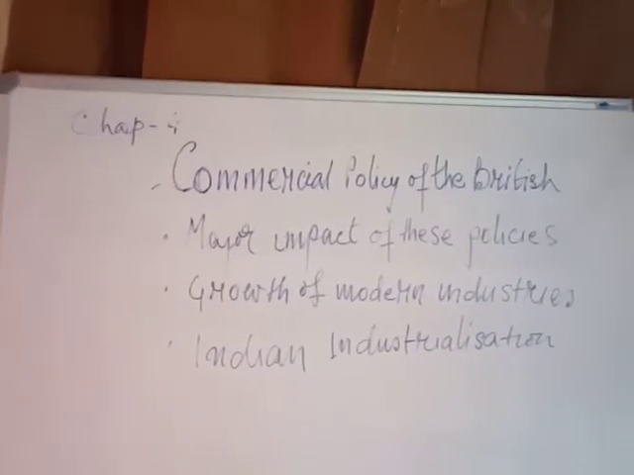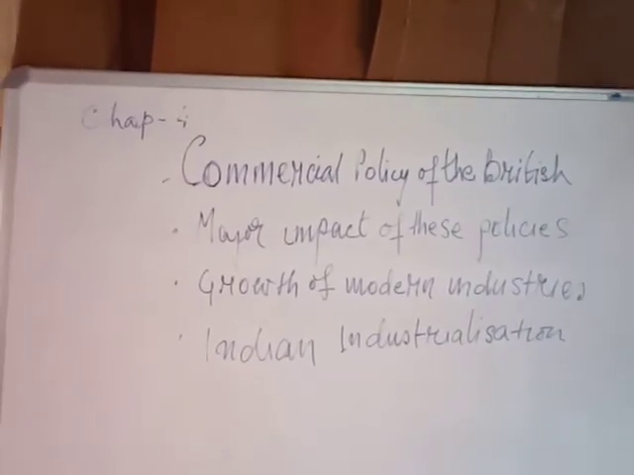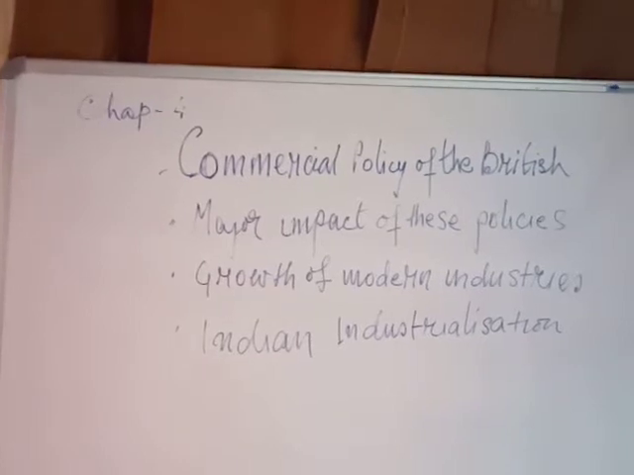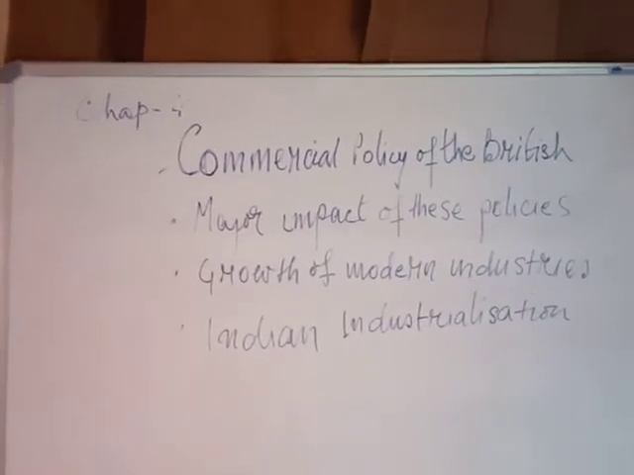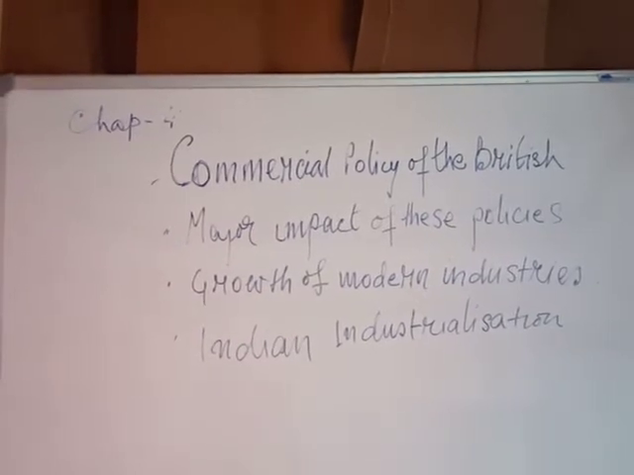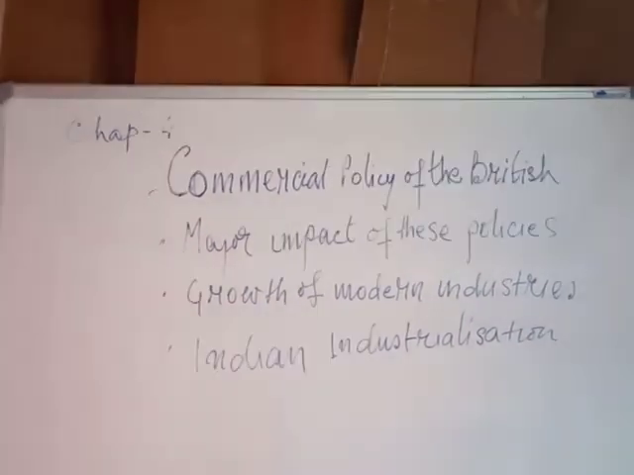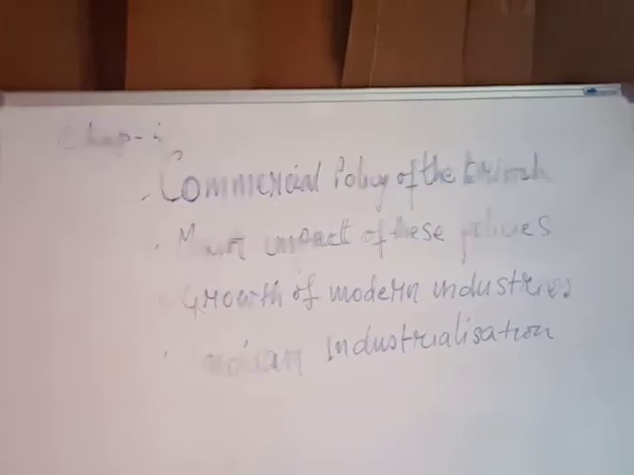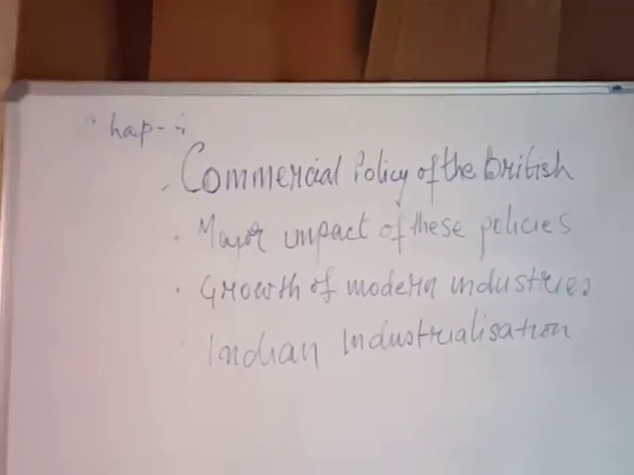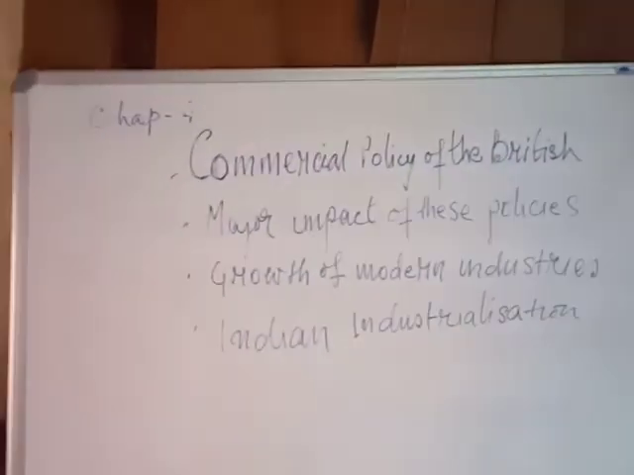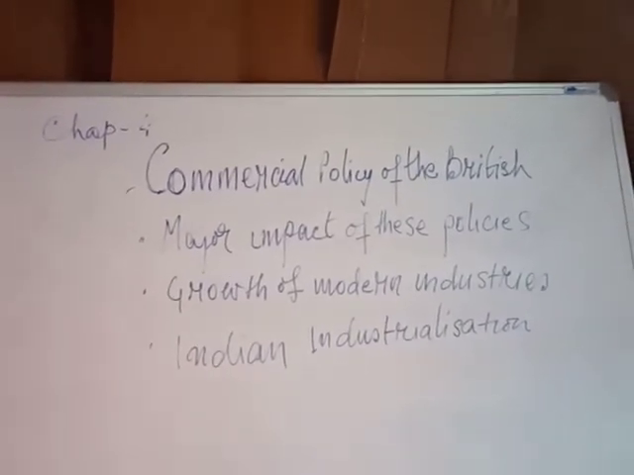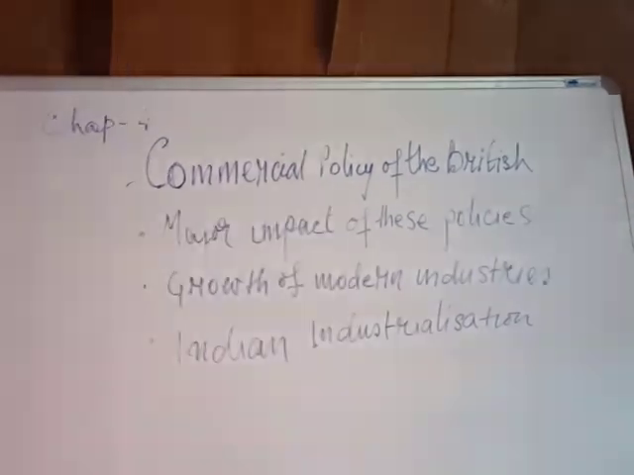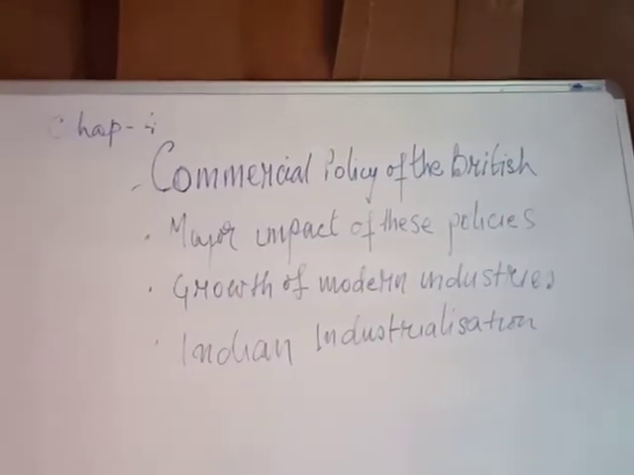This is continuation in history of your chapter 4. I'll discuss some points of commercial policy of the British. Now, as per the Charter of 1830, East India Company's monopoly came to an end and Indian trade was open to all British subjects. Now, under the company rule, second point, Indian handicraft industry, especially textile industry, declined steadily, and